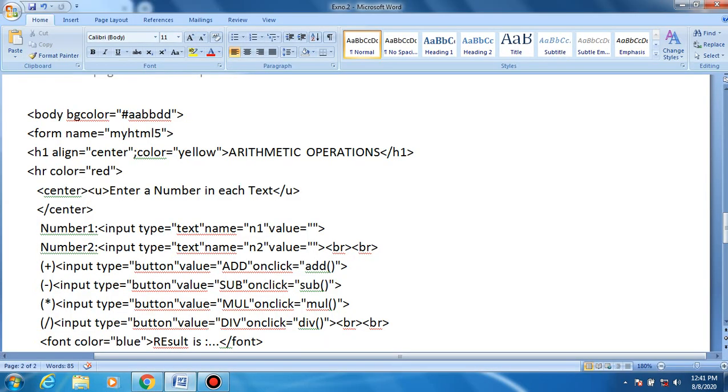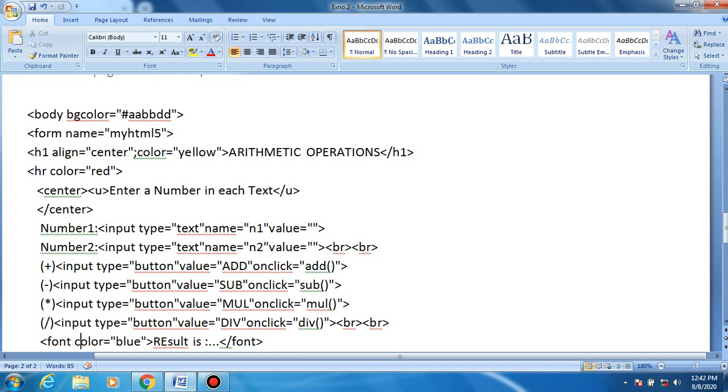Here number 1 is an input type text box that stores the value n1. Number 2 is an input type text box that stores the value n2. Then the input type button. Already I said that we specified 4 buttons.